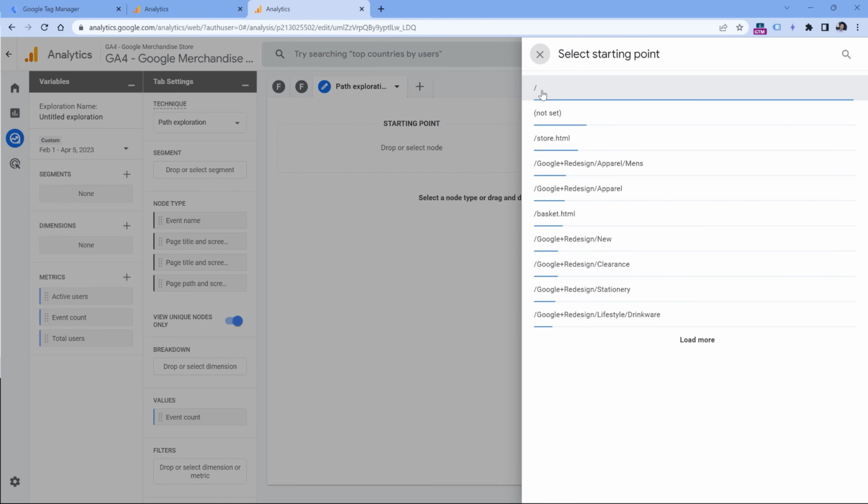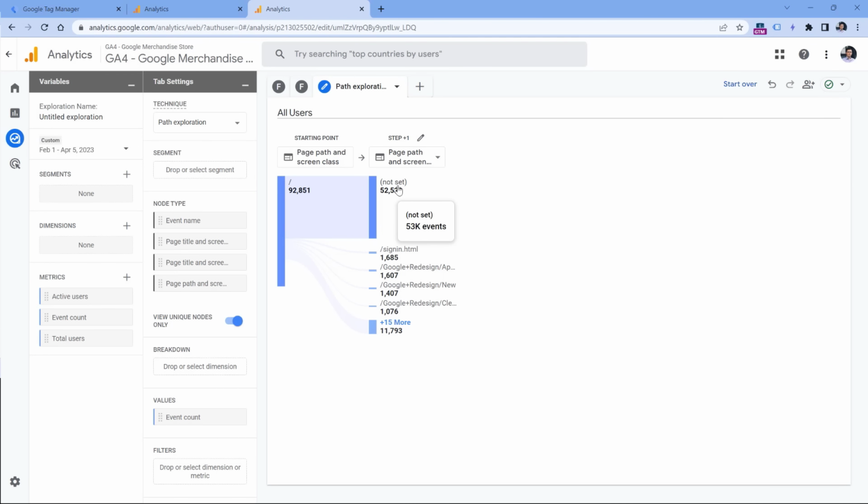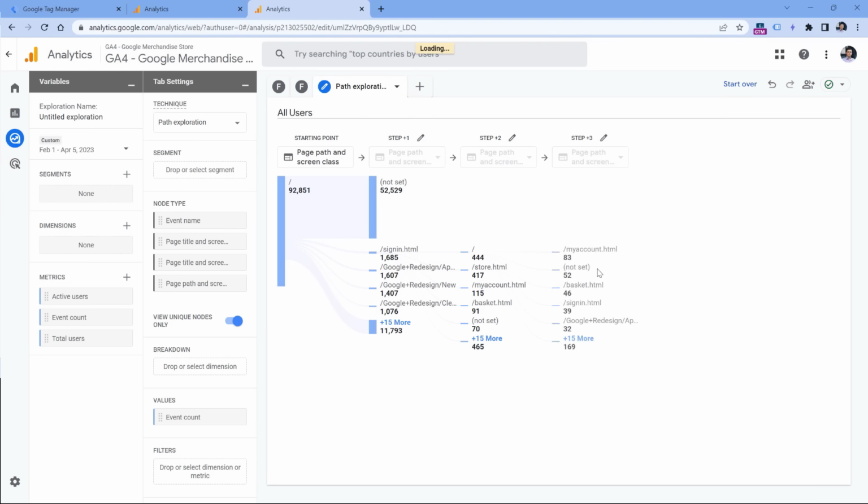So this is a home page. And even though, again, this is not tracked properly because Google Analytics is not installed very well on that demo shop, the second most popular page is the sign in. So I can click on this and see what other pages the visitors usually visit after that. So we have store, I can click here,